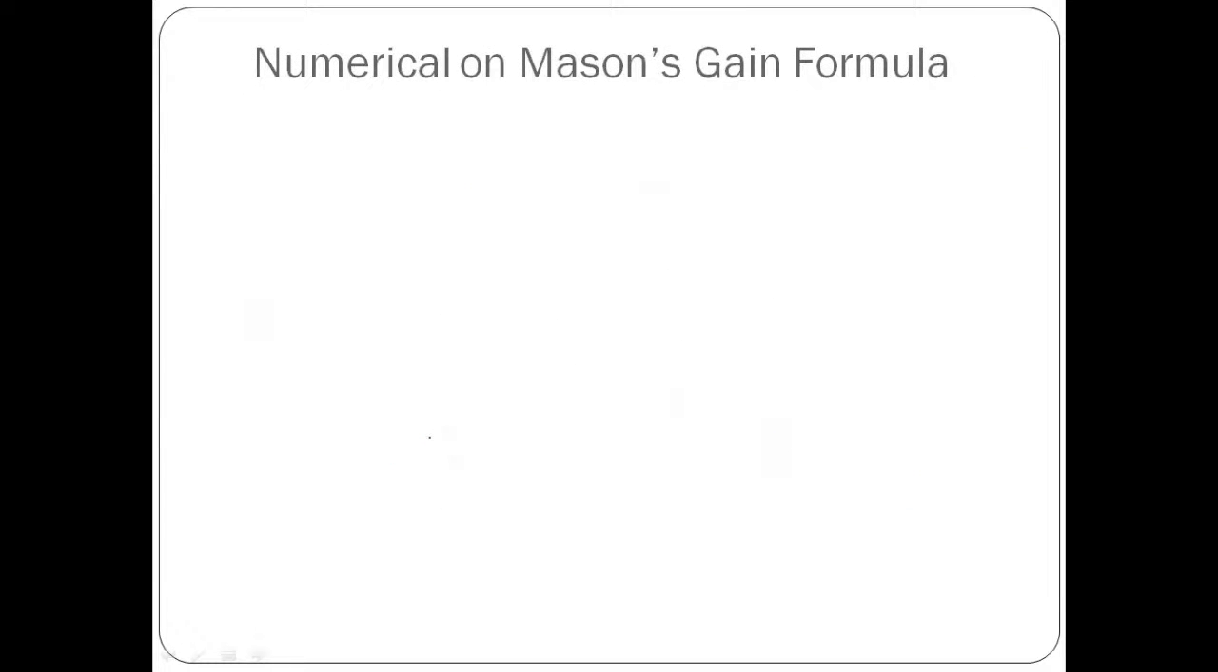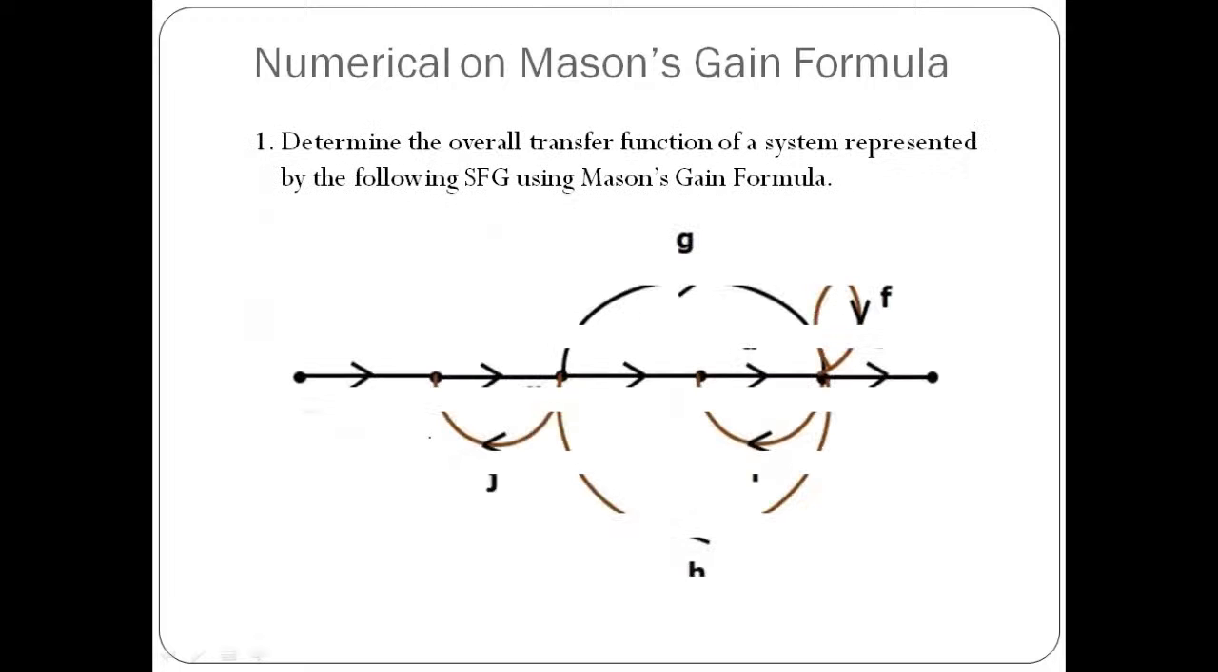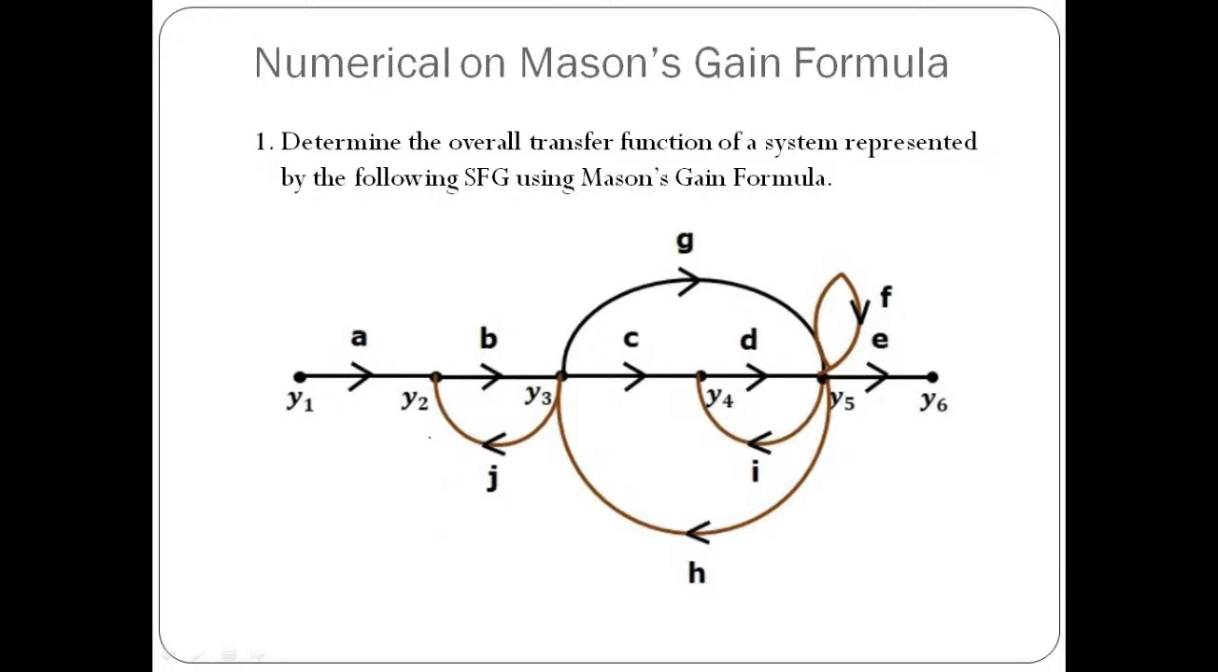And then in the last lecture, we also solved a numerical, where we have the graphical representation of the system in the form of a signal flow graph, and our objective is to find its corresponding transfer function using Mason's gain formula. So in this numerical, we came to know that we have the number of forward paths as 2,